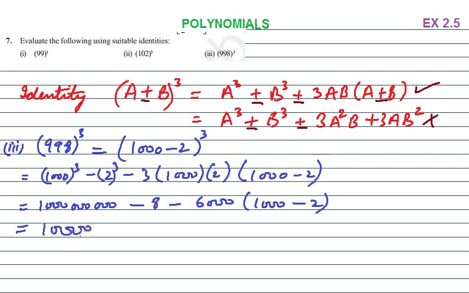So I have 1000 times 1000 times 1000. So how much is this? This is 1 billion. Okay, so 9 zeros, 1 billion or 100 crores, whatever you might like to say, 1 billion or 100 crores. Minus 8 minus 6